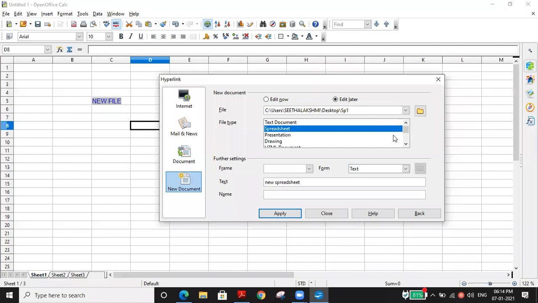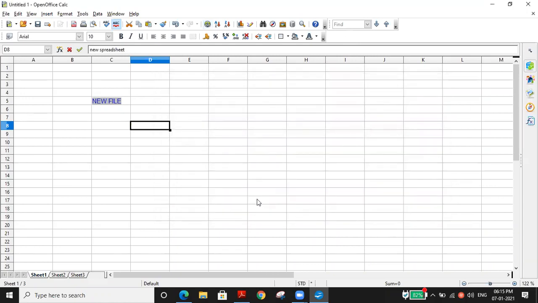Spreadsheet 1, or sp1, I have given as a name. So that is the name for the file. And this is the name for the hyperlink. The text is mandatory, and this name is optional. We can give it or we may skip it. For example, I am now going to skip. I'm just clicking apply and close.